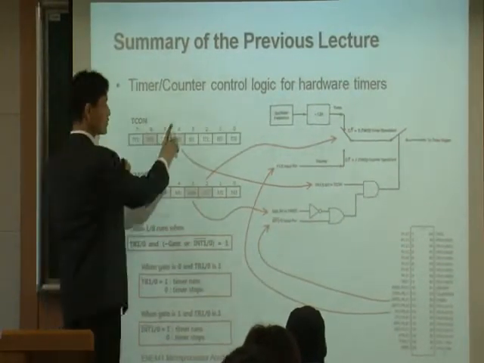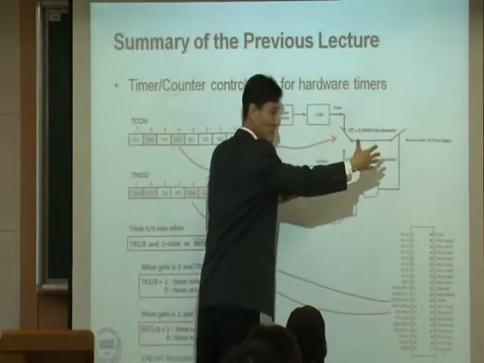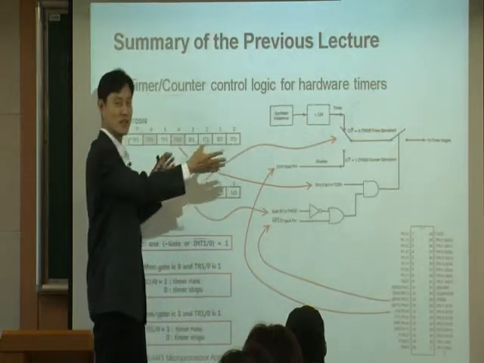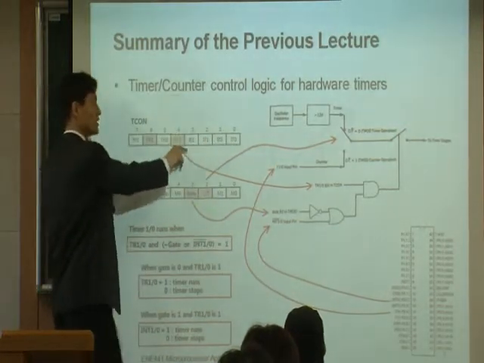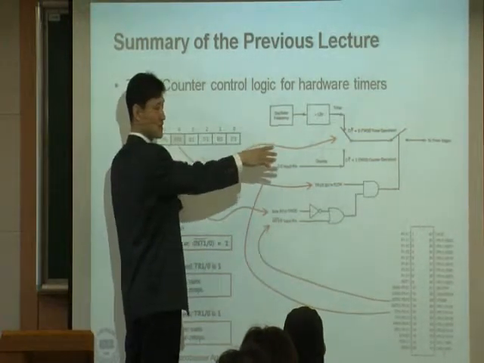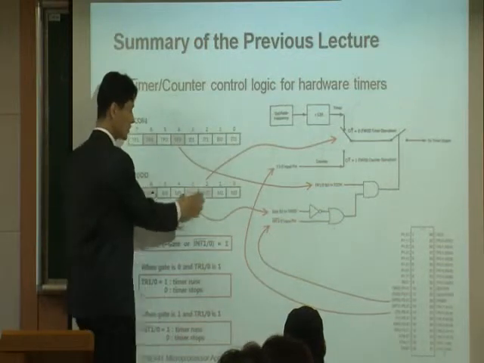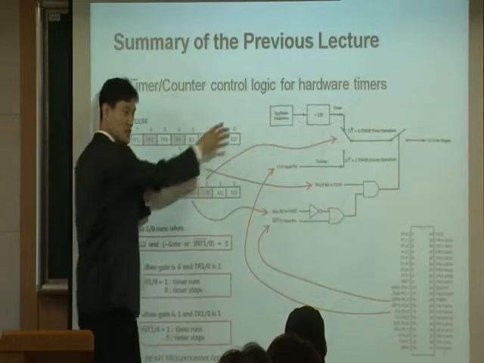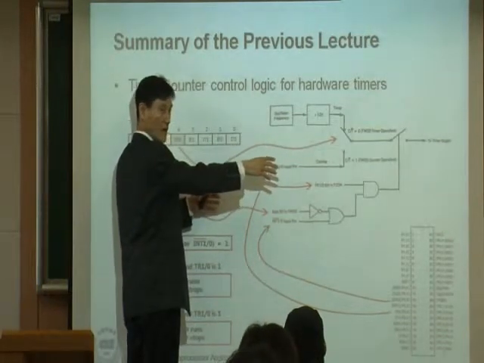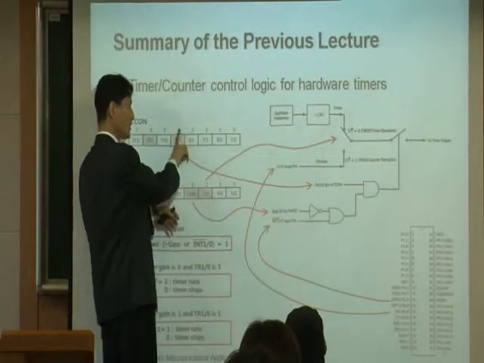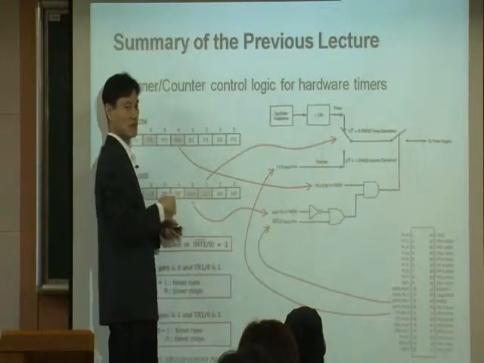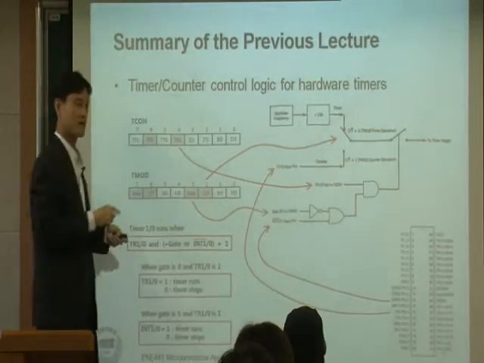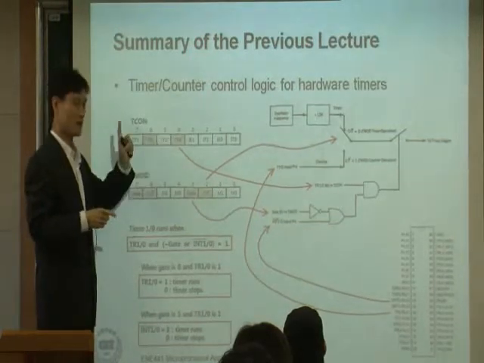Because once you run it, then it's running already. You cannot write the initial value. It's no longer the initial value because it's already running. So before you run, you need to program the initial value first. And also you need to program these things, TMOD and TCON. You program all these things. And then finally you run it, then the timer runs. And you watch this until this becomes 1. And every time this becomes 1,